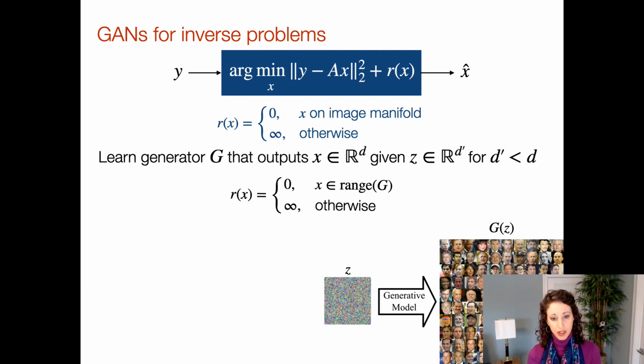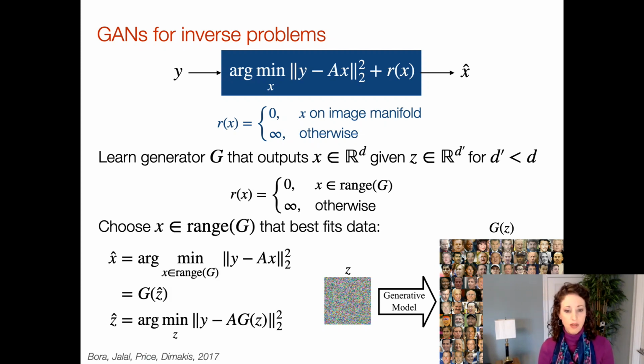So in this first stage of training the generator, we're leveraging our training data, but there is nothing here so far that is using our forward model A. Training the generator is totally independent of the forward model A. So in the second stage of this process then, what we do is we use our observation Y and our